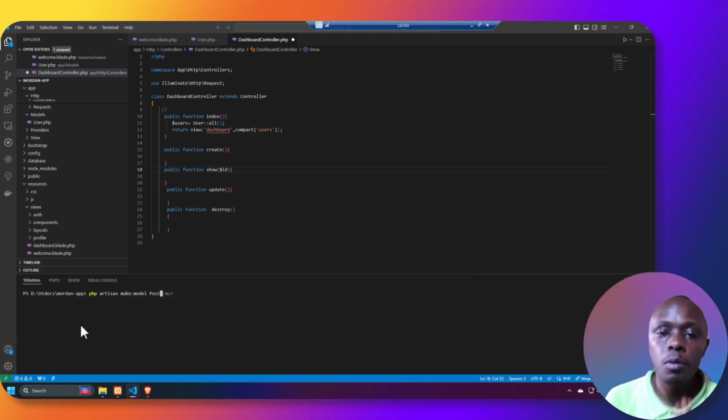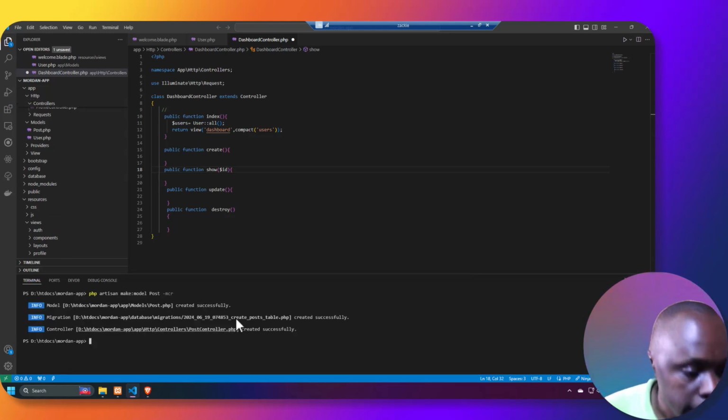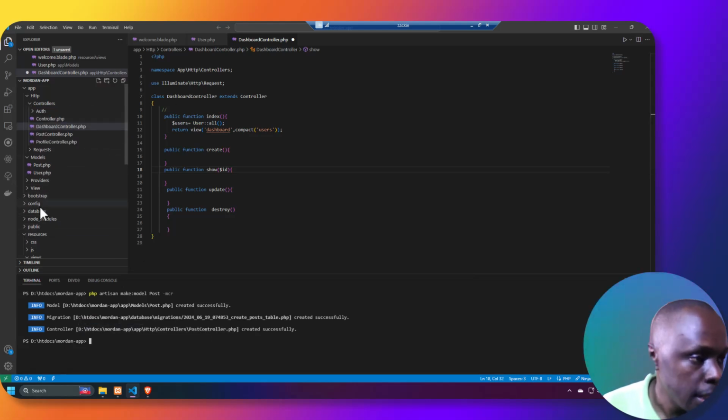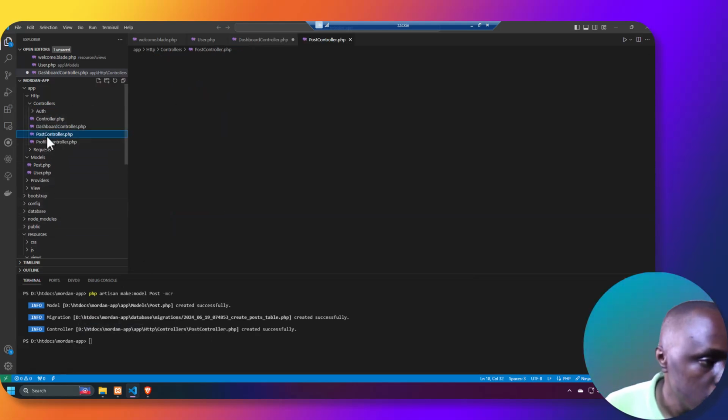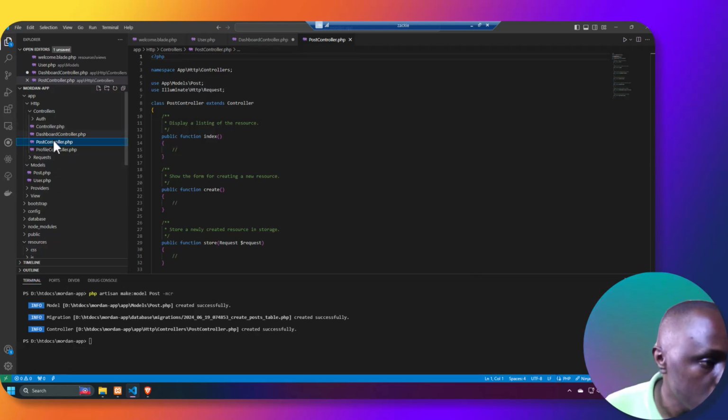Okay, this post is going to hold information that will be displayed in a database. Basically it will be for the post, controller and migration. So I'm just going to hit that. We are going to create the migration for post and the post controller, and let's take a look. This is post, post controller,